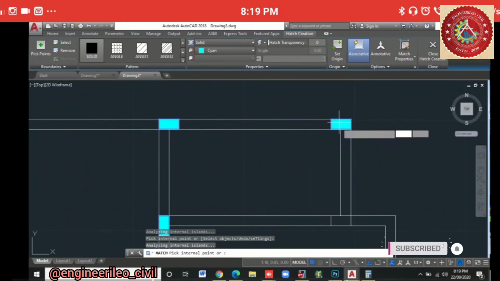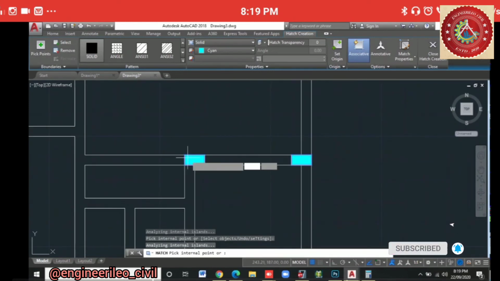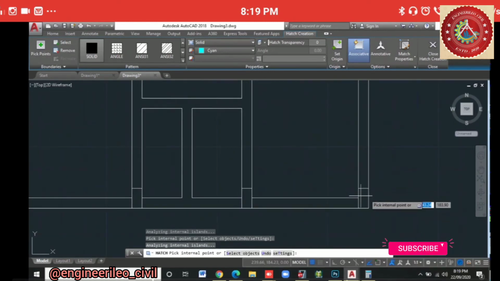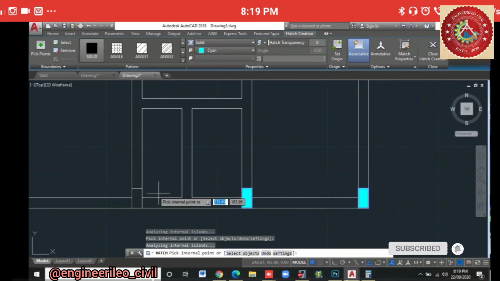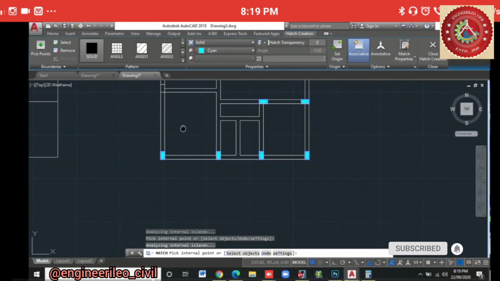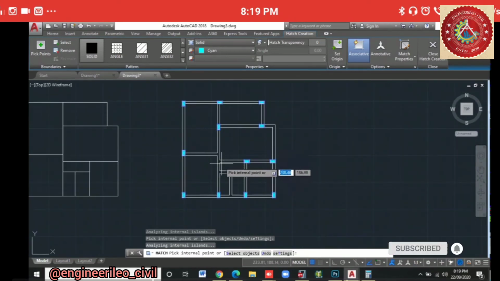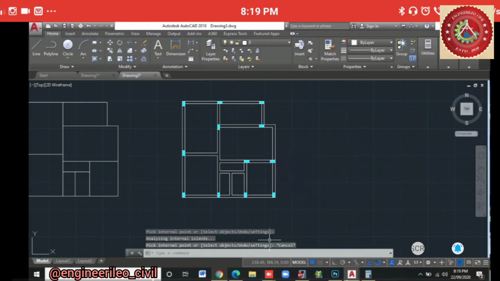I just need to select the places where the column has been placed, right? It's not a big deal to select these. I think we had missed a column. Yes, I had missed a column. Yes, I think here we have missed a column. So we'll just, yeah,